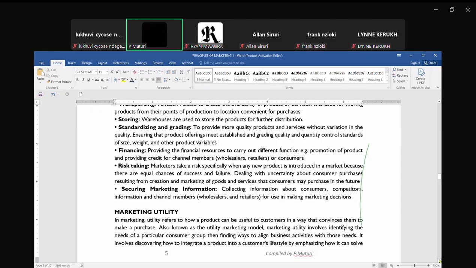So those are the key marketing functions, and in case you have any other that you may not have, I had given you that as homework. So maybe you also came across a few others. You could always contribute, especially on the chat. You can use the chat also. The chat is also available to drop in any comments, answers that are relevant to what we are looking at. Any additions to the marketing functions or questions?